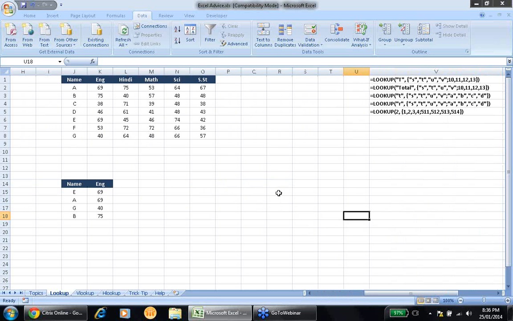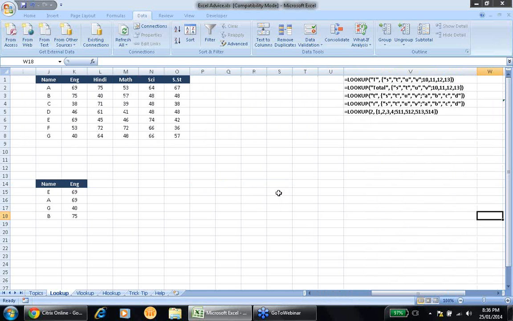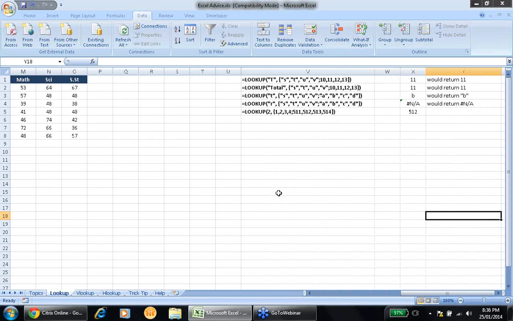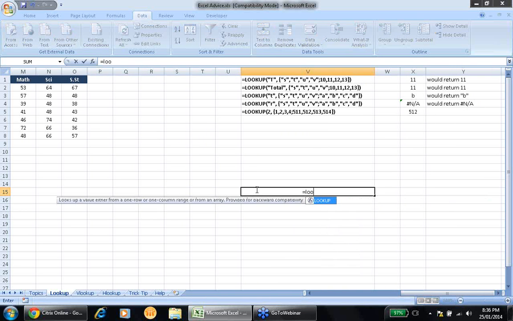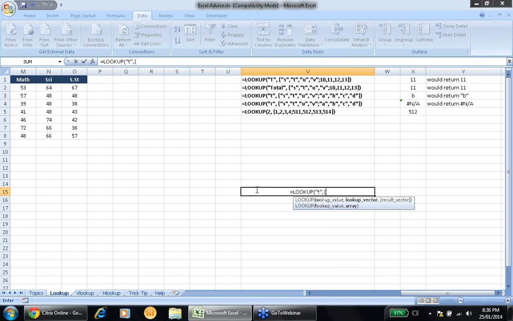Now, the other function, the other syntax basically. I have written some values here. How can we do that? Here, we are trying the syntax, naming LOOKUP, with the lookup value from an array. An array contains values